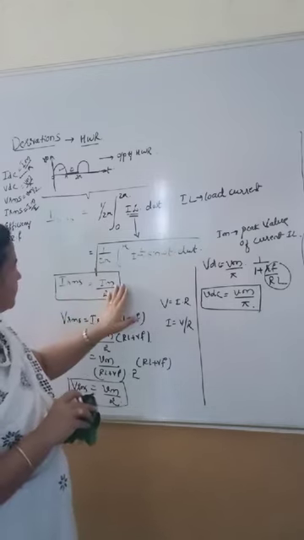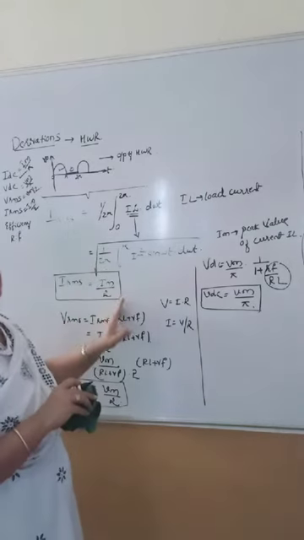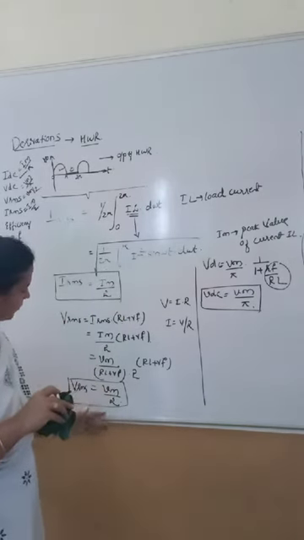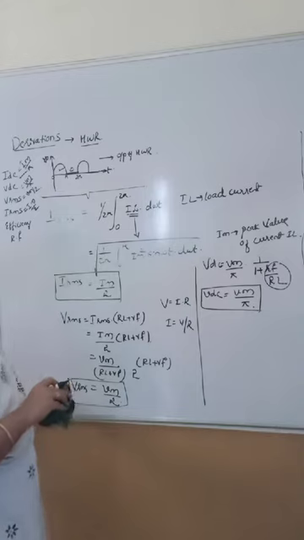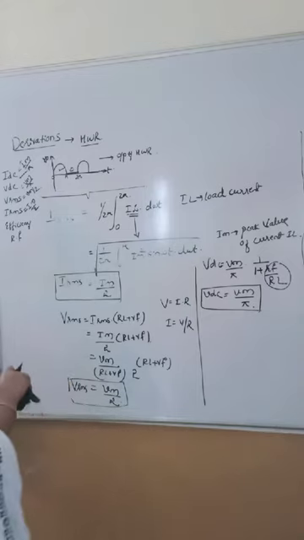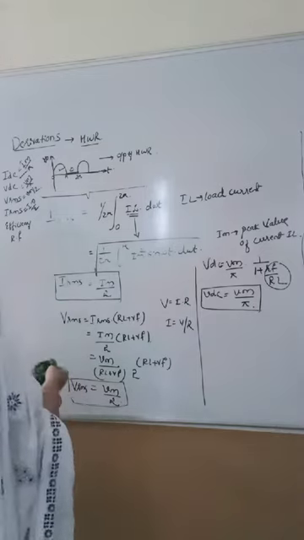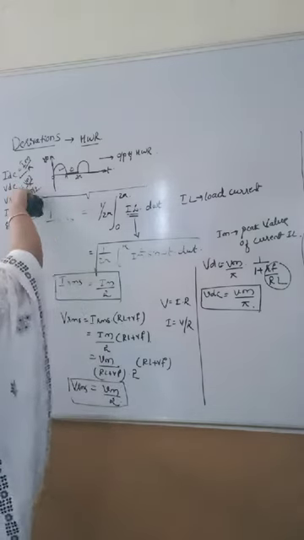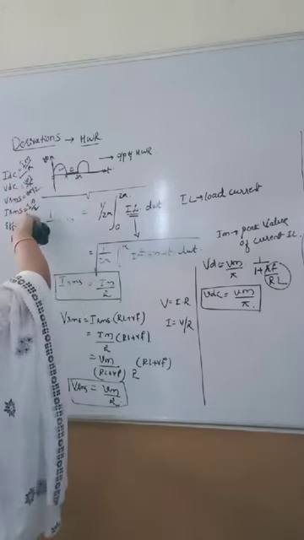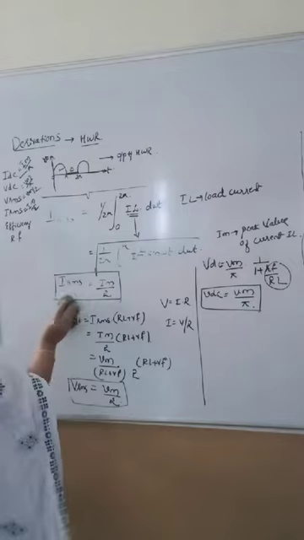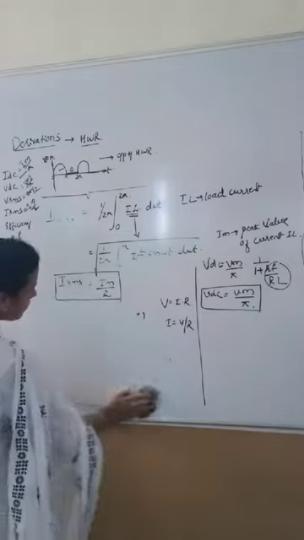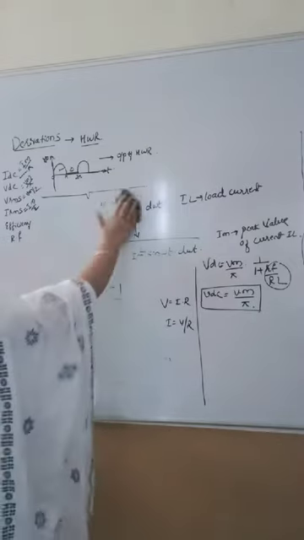So we will get it as Im by 2. Im by 2 only you are writing in terms of Vm by 2, which you are going to make as VRMS. So this is for the half wave rectifier. What we have done: IDC, VDC, VRMS and IRMS value. Now coming to the ripple factor and efficiency.